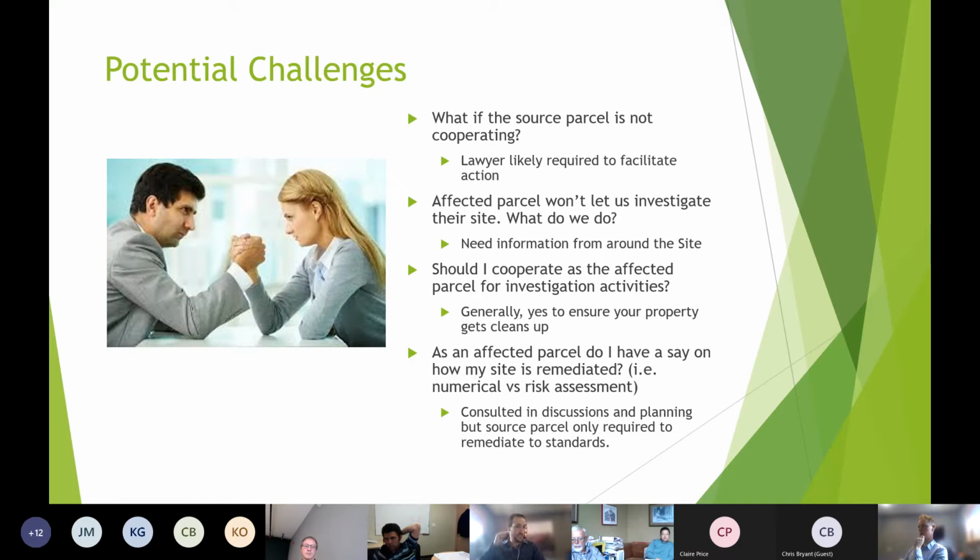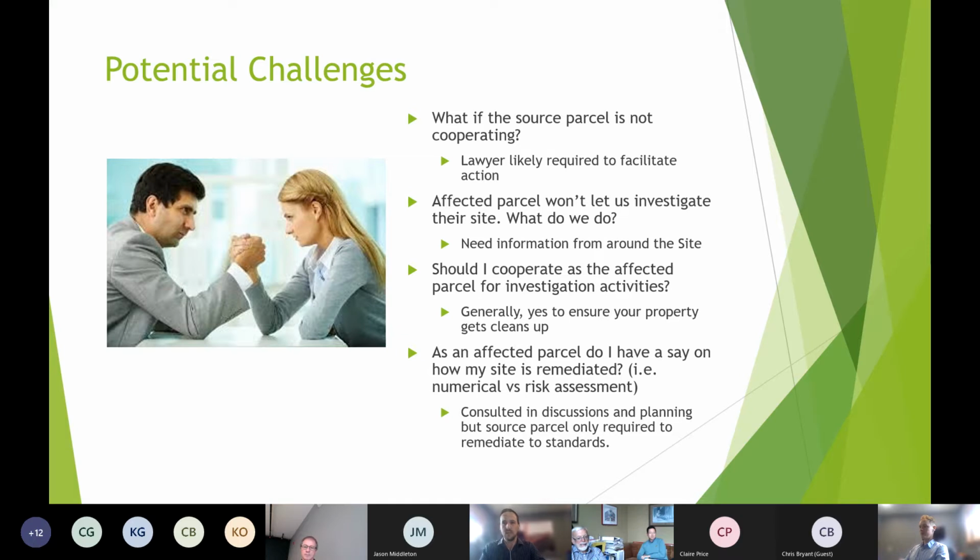This leads into the next question: should I cooperate as the affected parcel for investigation or remediation activities? This should be evaluated on a case-by-case basis, depending on what your intention is for the site. But generally, refusing access could impact your future sale, financing, or redevelopment of that property, because, as mentioned before, you're still considered a contaminated site. So cooperating between the parties is generally encouraged, because you want to make sure that your site is getting cleaned up. And if you don't allow them access, then basically you're forfeiting that